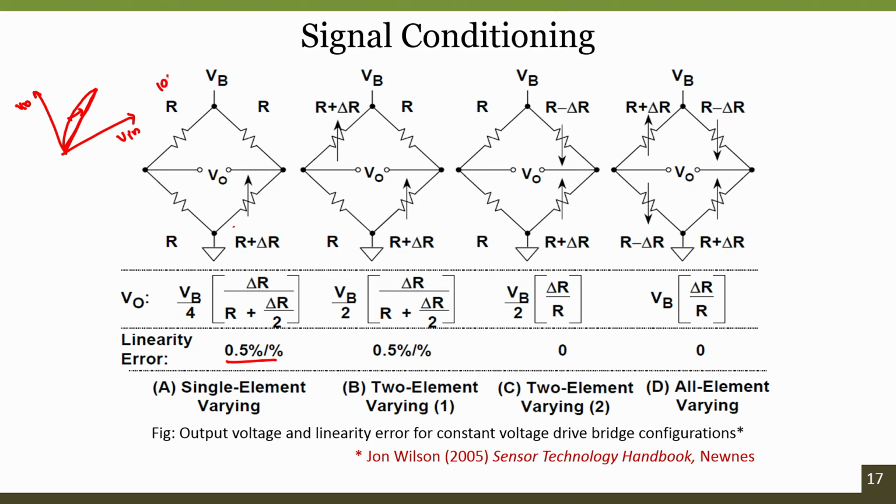Imagine I take R as 100 ohms, 100 ohms, 100 ohms and 100 ohms. This one is a sensor, and this is a sensor. So 100 is the base resistance of the sensor. In order to avoid the offset, all the resistances have been designed in such a way that the value of the base resistance is selected. Now, under no loading condition where R is equal to 100 ohms, V naught is equal to VB by 2 here, and VB by 2 here, which becomes 0.